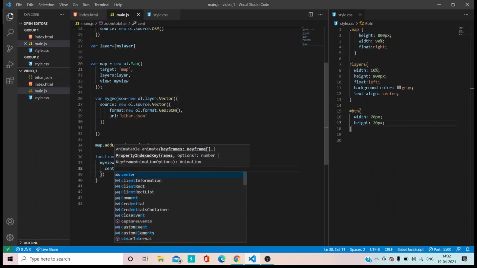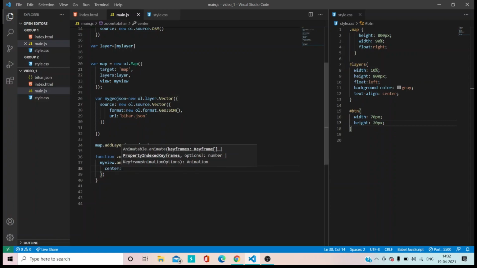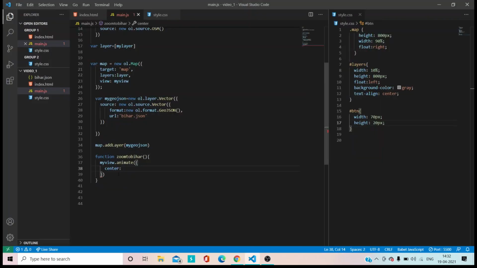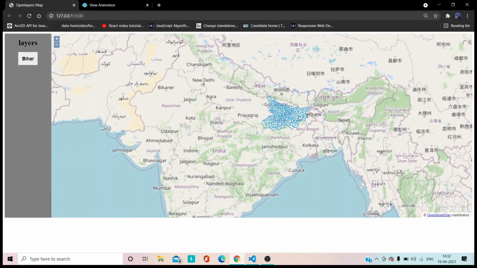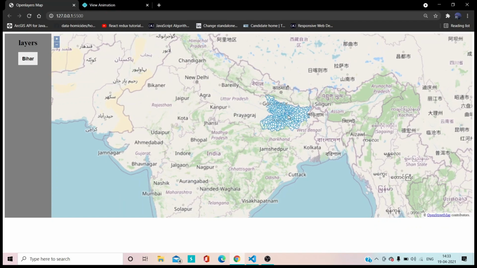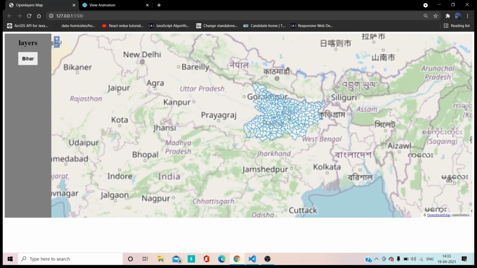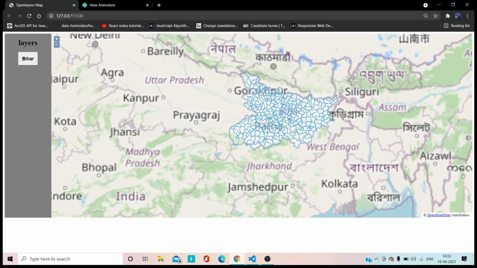Let's give center as, okay, we don't have center right now. So as we have done previously, I need to first comment over it. What I want is a center, so that once I click on the Bihar button, it will take me to that center. That center would be the GeoJSON center.